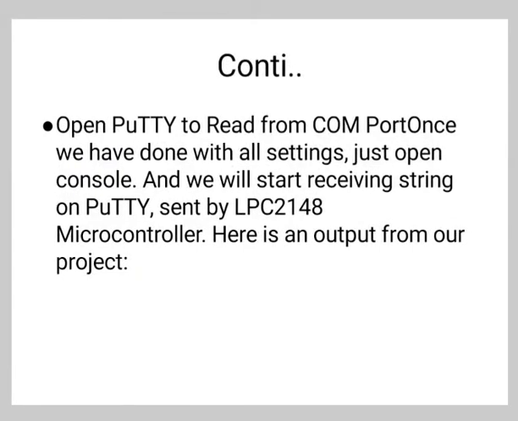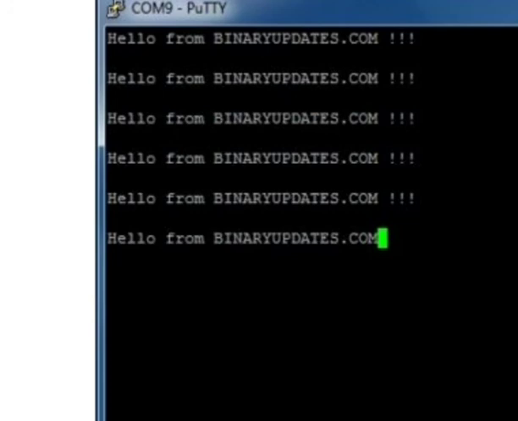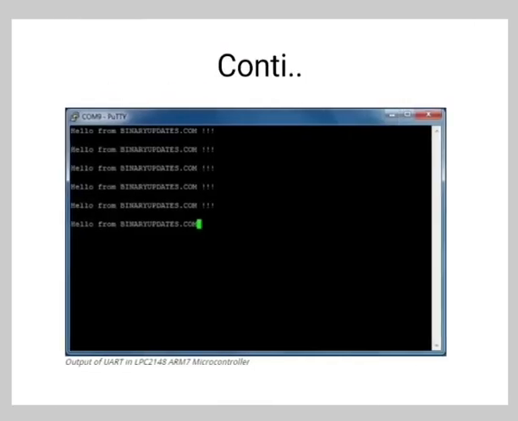Once we have done with all settings, just open the console and we will start receiving the string sent by the LPC2148 microcontroller, and the output of this project will show like this. Thank you.